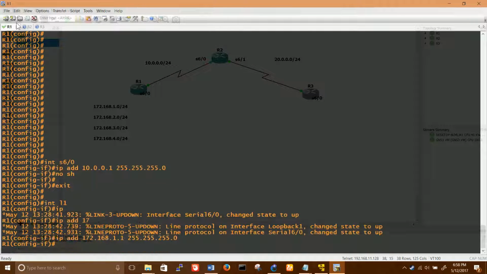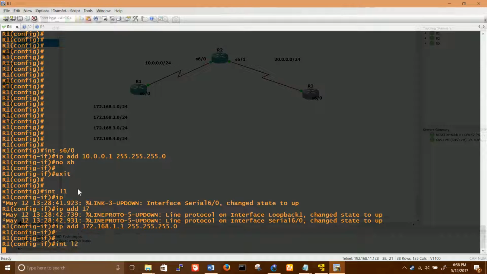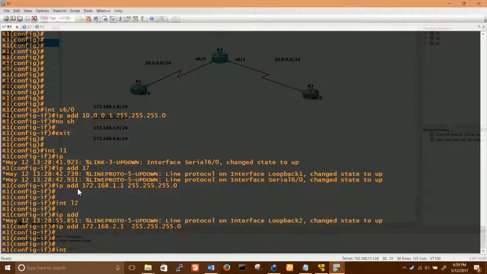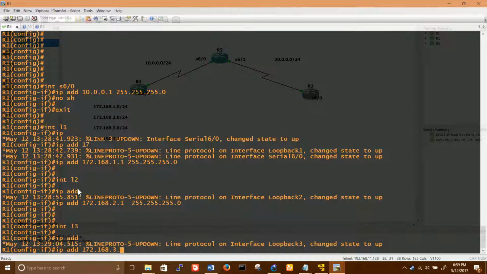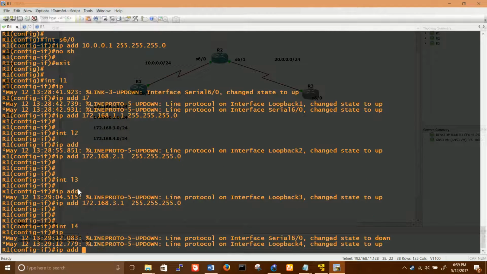It's a loopback interface, a virtual interface, no need to do no shut. So interface L1, see L1 means loopback 1, L2 means loopback 2. IP address 172.168.2.1, 255.255.255.0. Interface L3 meaning loopback 3, IP address 172.168.3.1, 255.255.255.0. Interface loopback 4, IP address